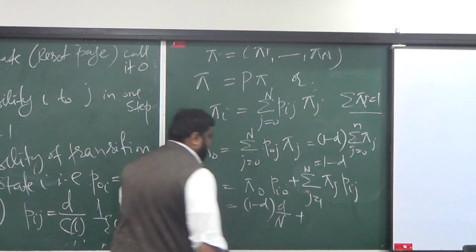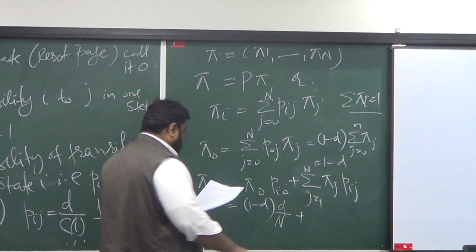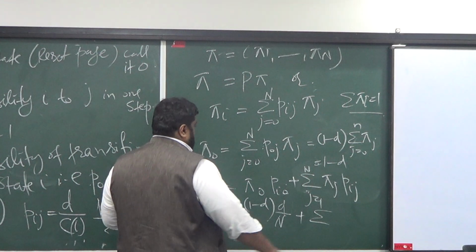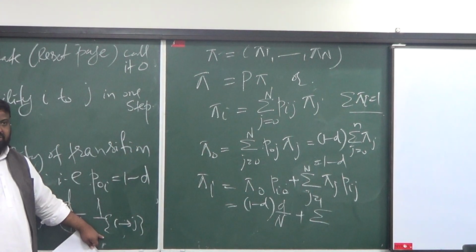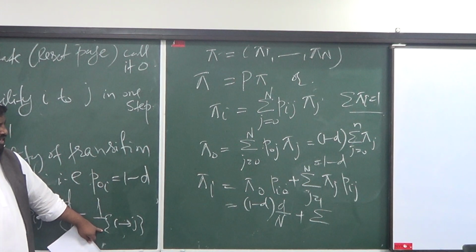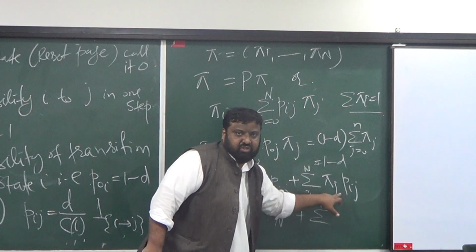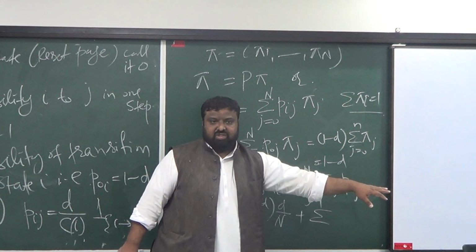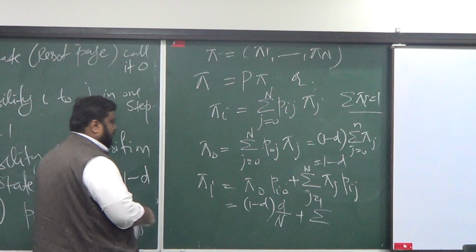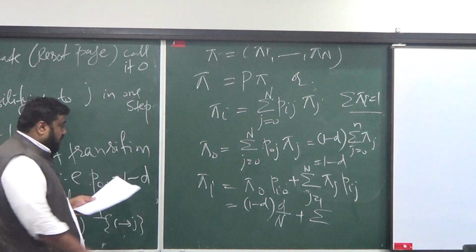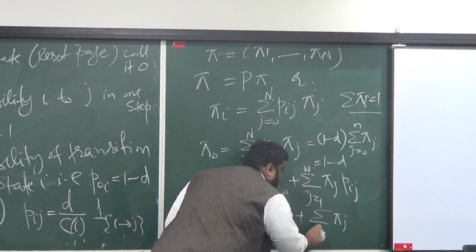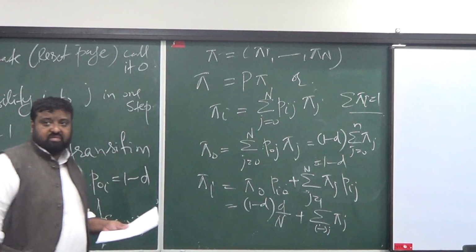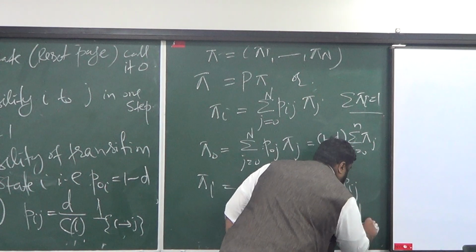It's d over n plus, if I substitute values, it's going to be a sum. Now these pij's depend on the indicator function. The sum would exist from 1 to n, but only those terms will be non-zero and contribute where i refers to j. Others will not contribute. So what you're going to get is pi j times, where the sum is taken over those i's which refer to j, times d over